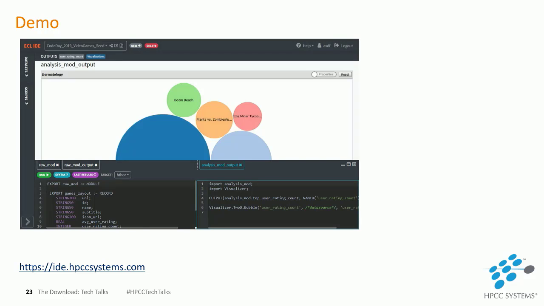So for a demo, I'm actually just going to show some screenshots here instead of trying to work through something and then probably have it fail on me while I'm doing it. So I will mention that there is a version of the IDE available at the URL on the screen,